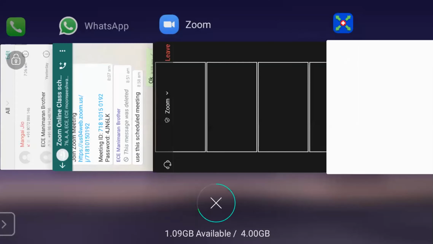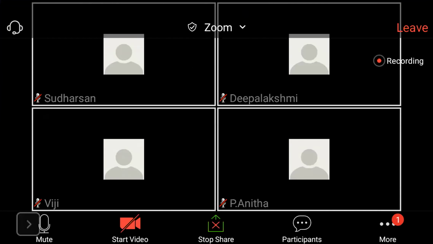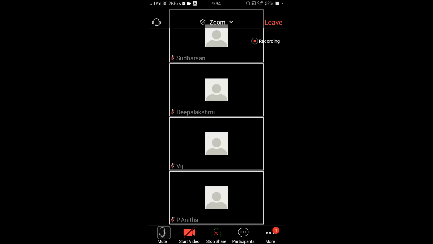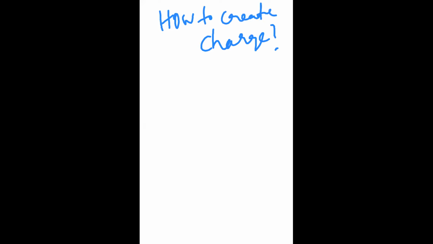Now I'll try to explain what Coulomb's law is. Before Coulomb's law, we should know how to create a charge. Anyway, we are always discussing charge. Now my question is how to create a charge. Anybody? I think it is available from the 6th standard itself. So what is static electricity? How to create a charge? Anyone?